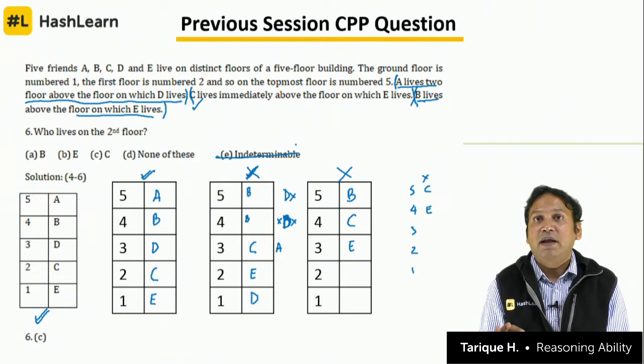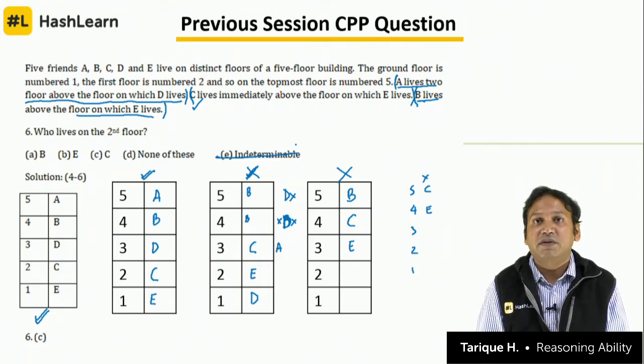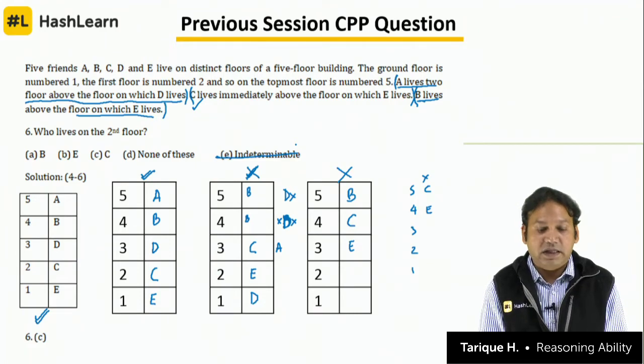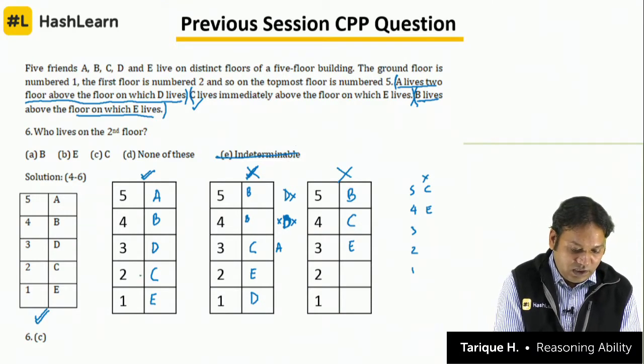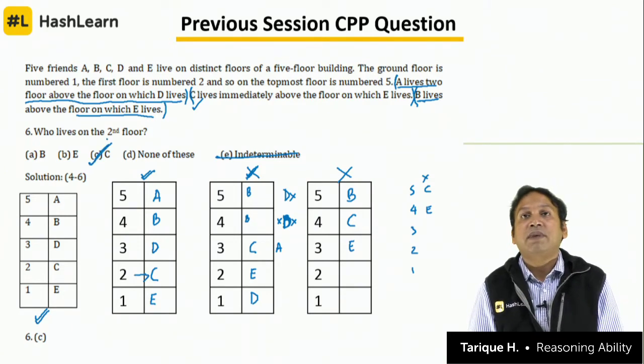And remember the challenge here was that we did not have any direct clue. We did not have any direct information. All the information that we have was relative. तो relation दिया था एक फ्लोर एक पर्सन का दूसरे पर्सन के साथ इन टर्म्स ऑफ द फ्लोर्स ऑन विच दे लिव, बट नो डायरेक्ट क्लू। तो केस लिया हमने, 3 केस लेके इमीडिएटली सॉल्व हो गया ये क्वेश्चन। So the answer is, who lives on the second floor? The answer is C, so this answer is option C, ठीक है।